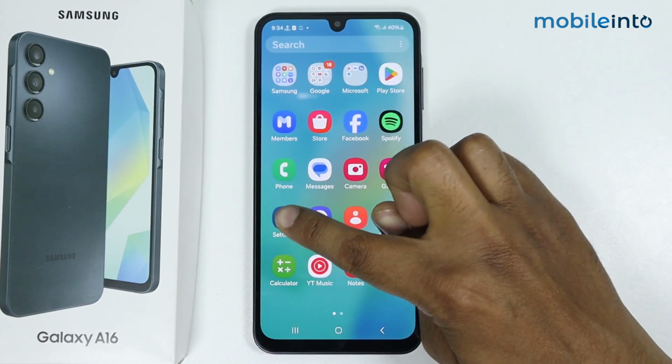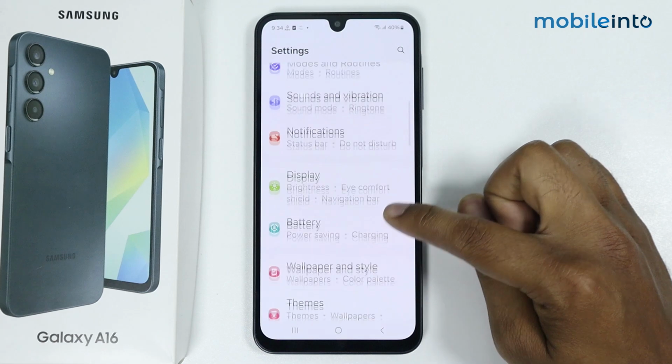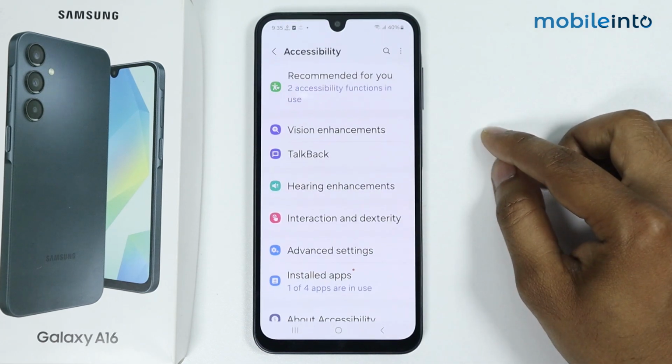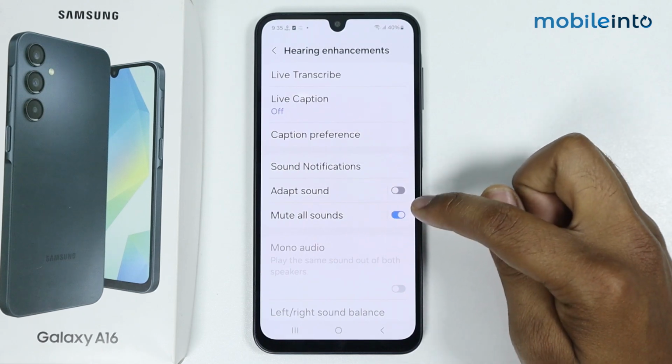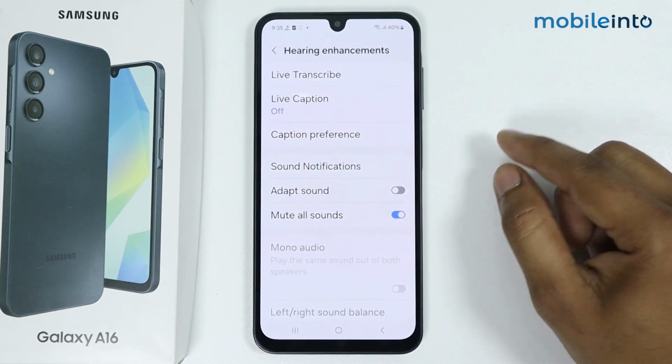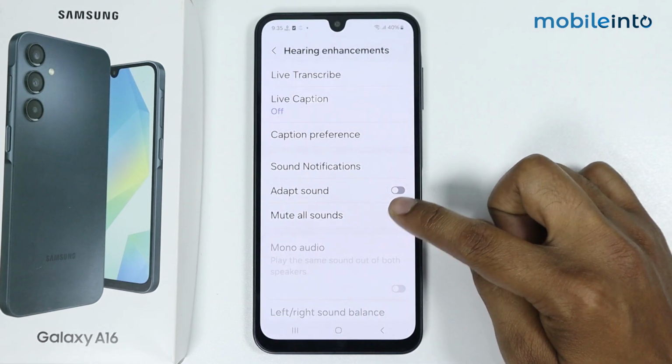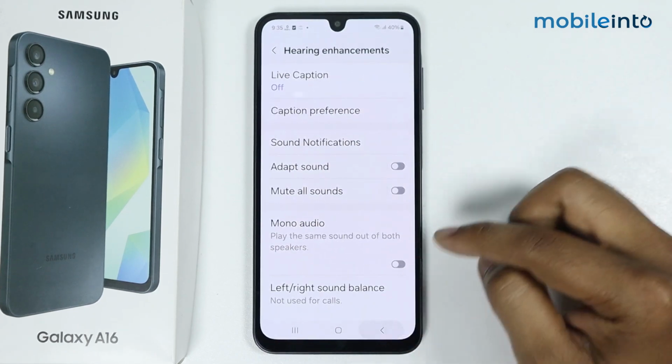Go in settings, scroll down, go in accessibility, go in hearing enhancements. Here you can see mute all sound is enabled. To disable this, simply tap on this toggle. Now simply go back,